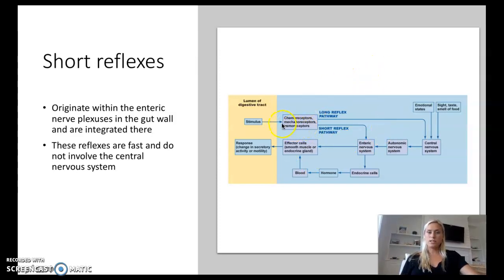As you can see here, there is the stimulus, and then there are receptors, and then the short reflex goes directly to the enteric nervous system. And then ultimately there is a response in the GI tract. These reflexes occur in the nerve plexuses in the gut wall, and they never leave the GI tract. The function of these reflexes is to allow the enteric nervous system to act quickly and react to movement or